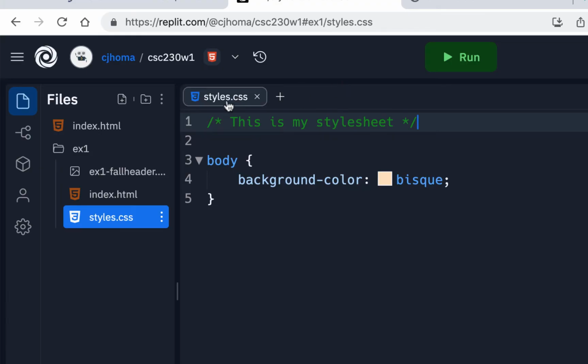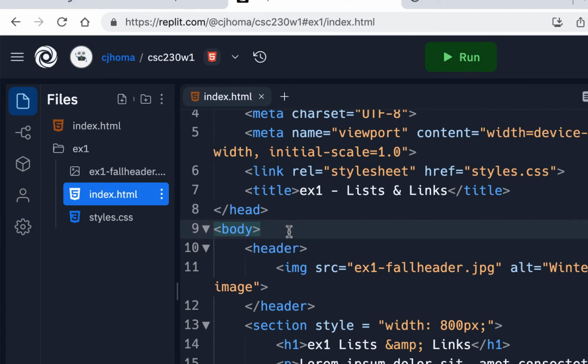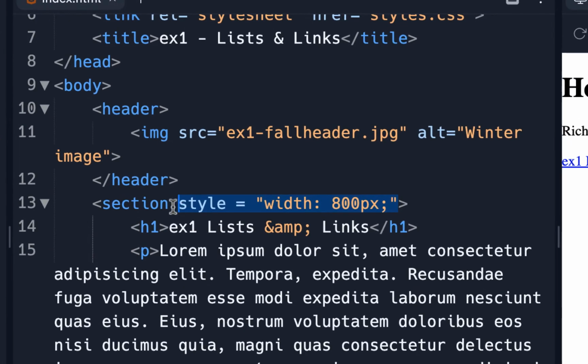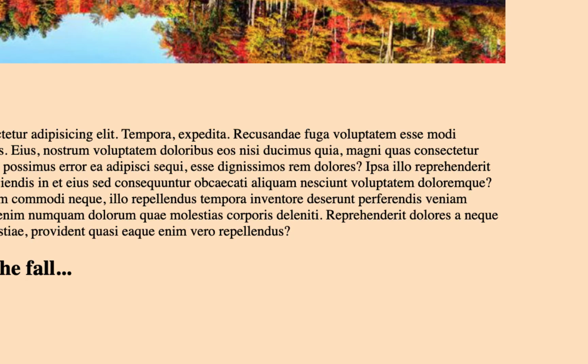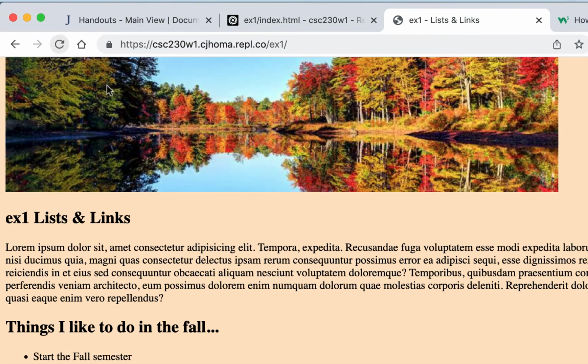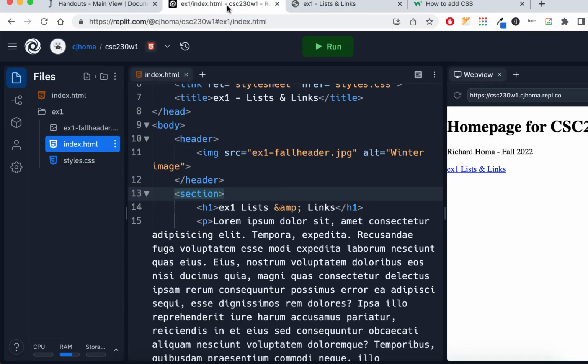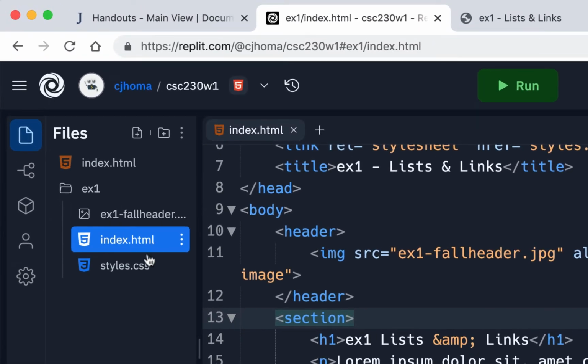And if I go back to my index page and I delete this width equals 800 px, I'll just delete this whole style out of here. And I won't cut it. I'll just delete it for now. If I go back here and refresh, you can see now it wiped out the width, and now this paragraph is extending. So if we wanted to shorten that again, we could go in here to our style sheet,